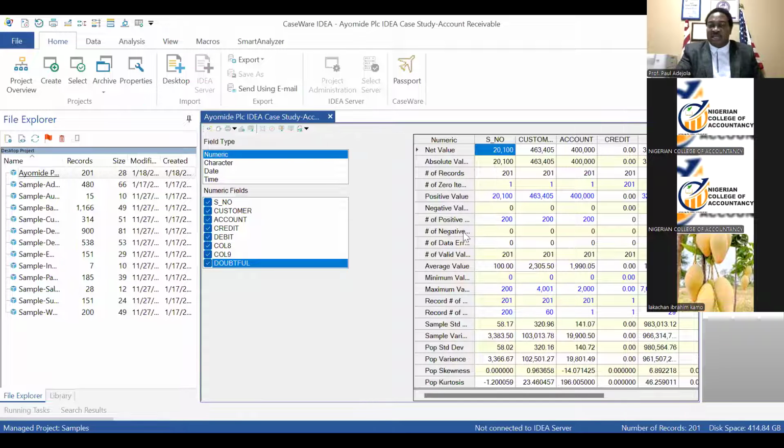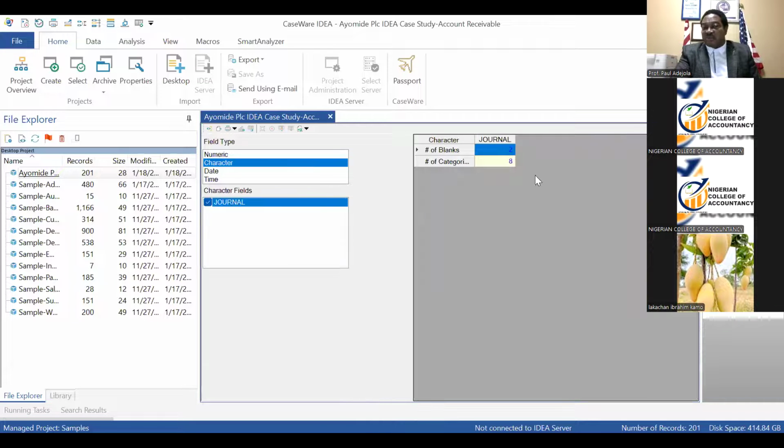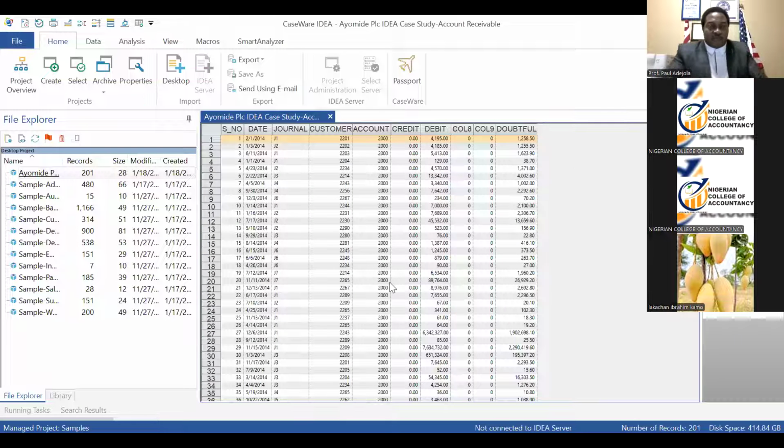That's not where we are going. How do I return back to the data we are using? You click data. See, I've gone back to the original data for analysis. Ladies and gentlemen, without wasting time, all we want to do here is verify